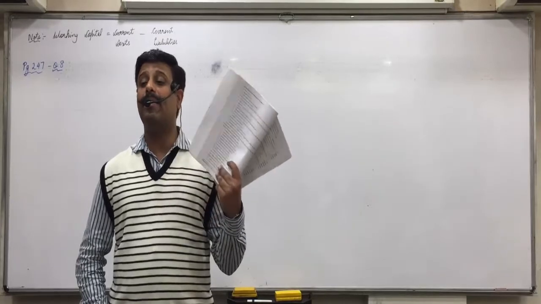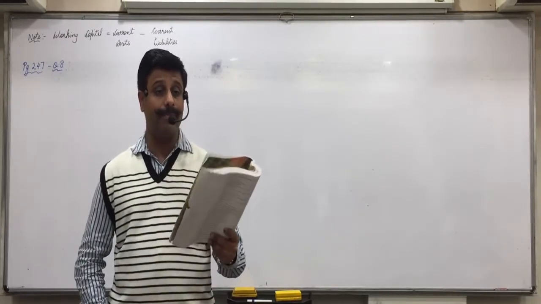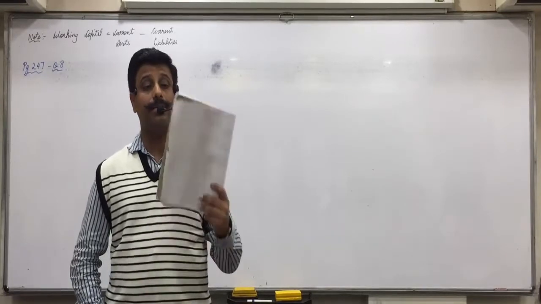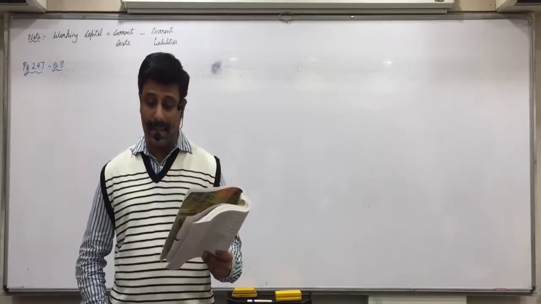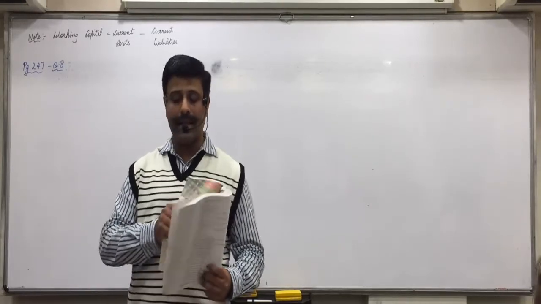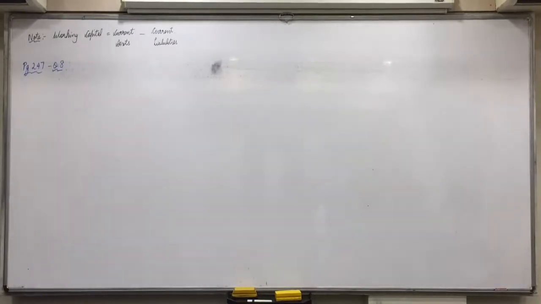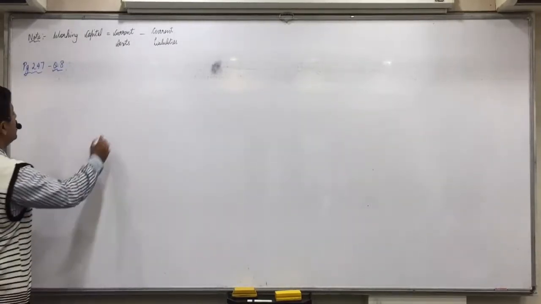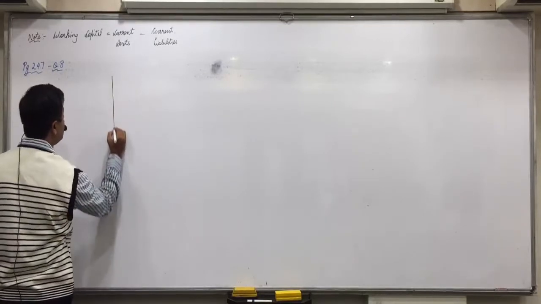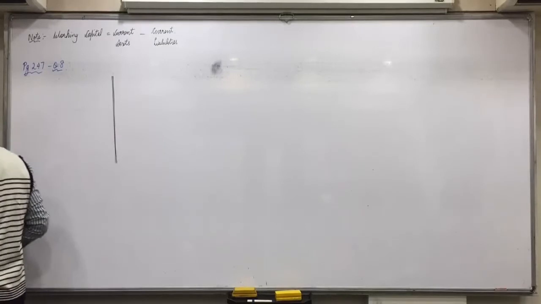Expenses paid in advance, current assets, marked as CA. Creditors, current liabilities, CL, and outstanding expenses, current liabilities, marked as CL. Did you understand it? So first we will find current assets and current liabilities, then we will apply the formula. Okay? So write down. First we find all the current assets.